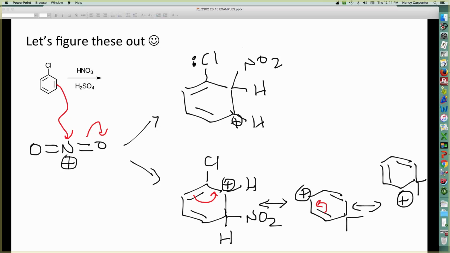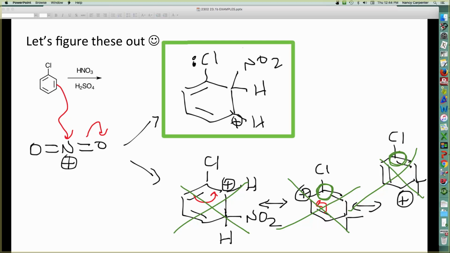Okay, I'm pretty much stuck. I never did manage to get a positive charge on the carbon bearing the chlorine. So none of these have the option of stabilizing the intermediate carbocation by resonance delocalization from the lone pair on chlorine. So that says this guy is one resonance contributor of the most stable carbocation intermediate,